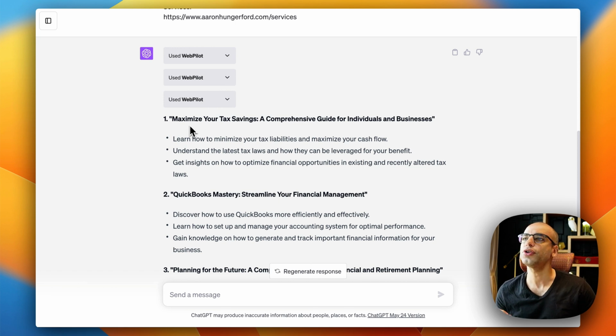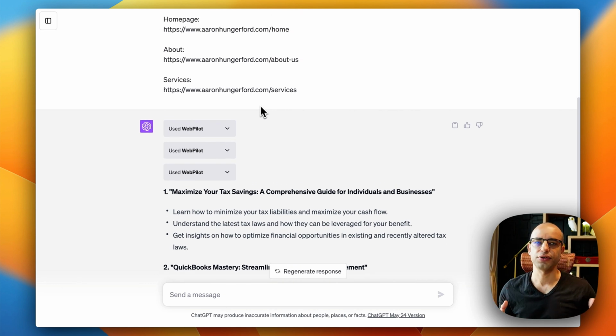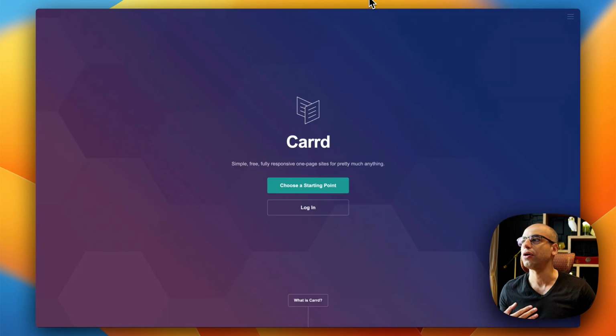So what you're going to do next is use this to create a lead magnet. And what do I mean by lead magnet? That is basically a web page that quickly captures prospects' information so that you can follow up, market to them, and hopefully bring them on as a client. Now, if you already have a web page builder, that's great. If you don't, I'm going to recommend something called Carrd,